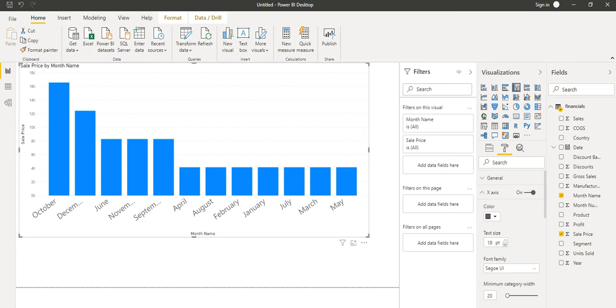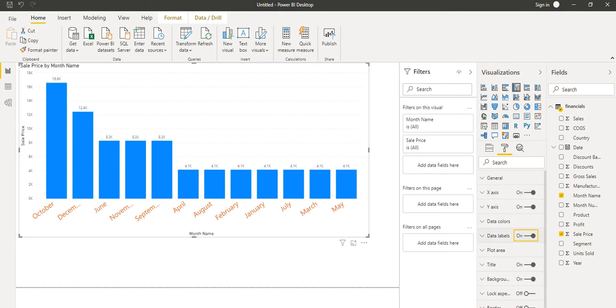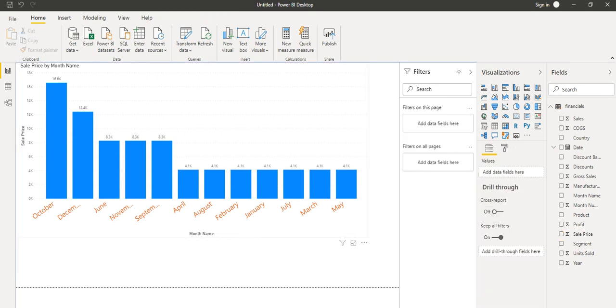This is the way we can give the format, and instead of this black color, if we want to show it in some other color, we can show this data in a different color. So these are the formats we can give. If we want to show the labels, currently when it was off we were not able to see the data labels, but when I turn it on, we can see the labels all over the chart.